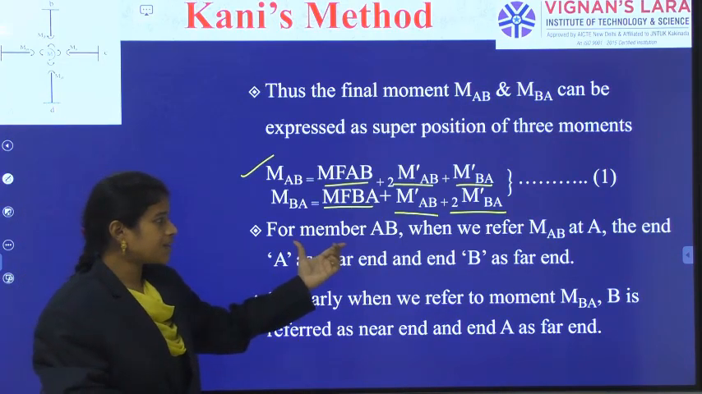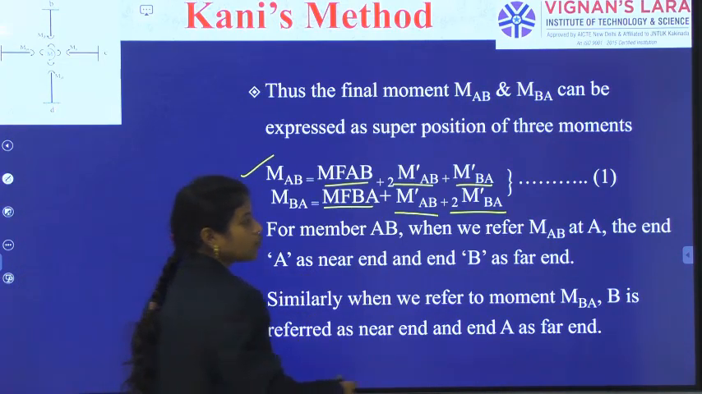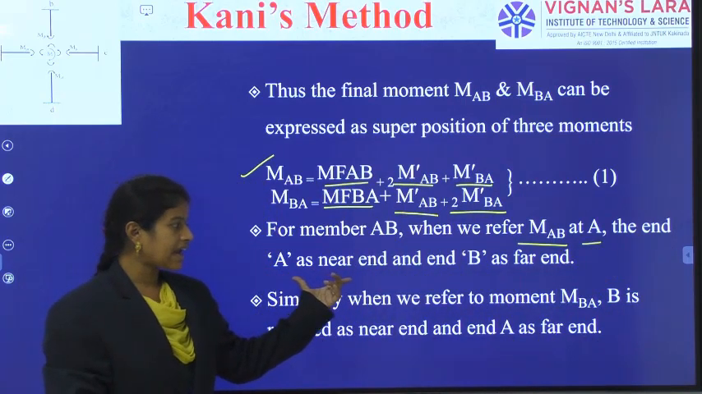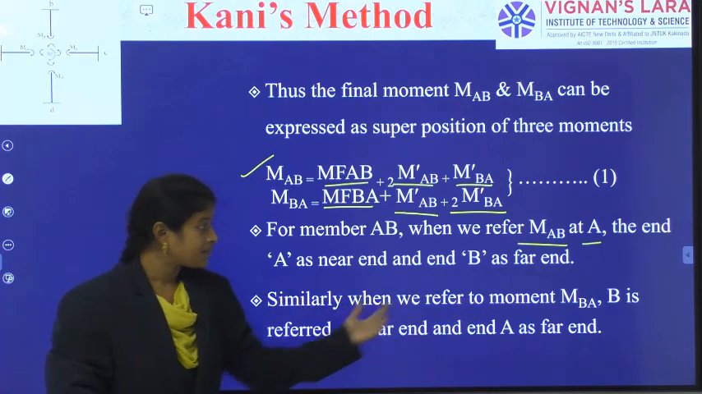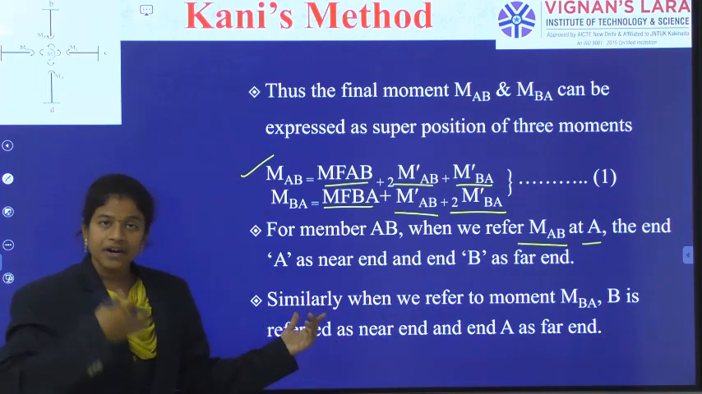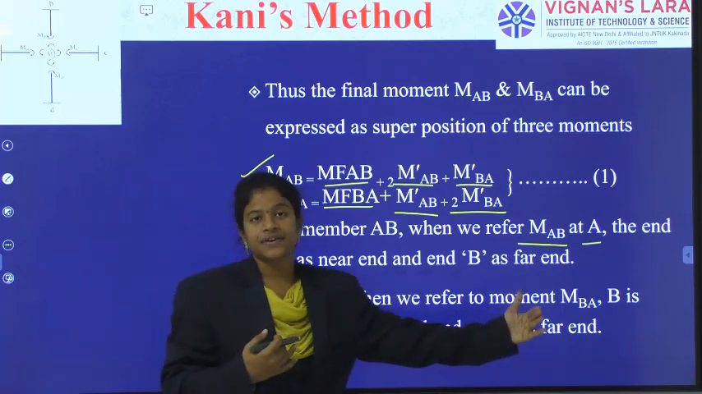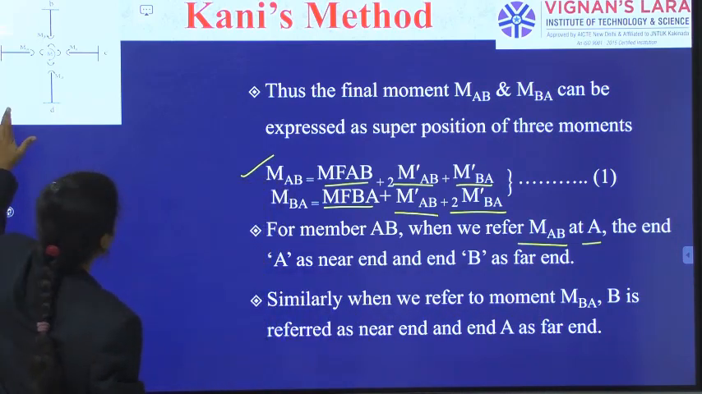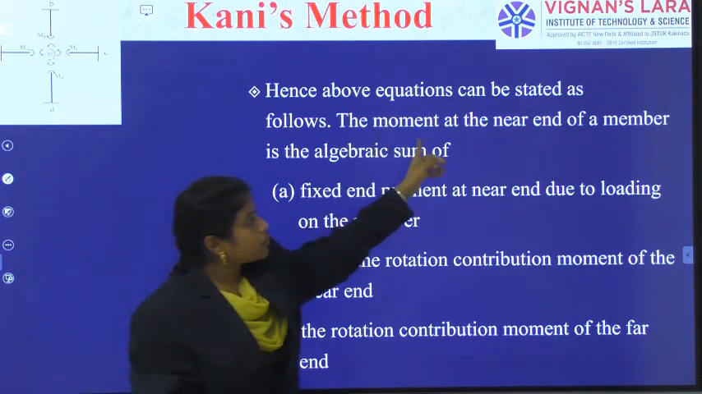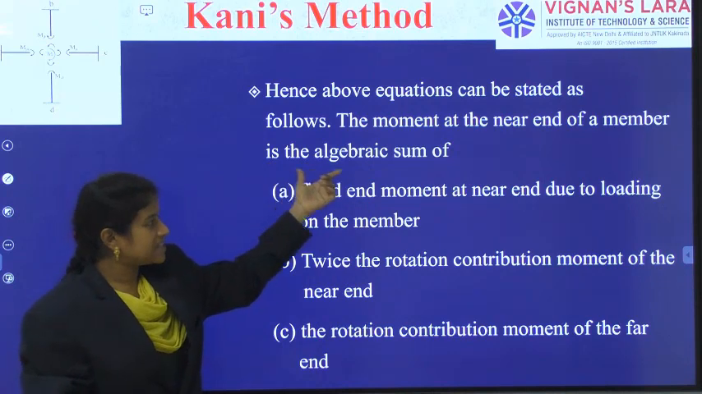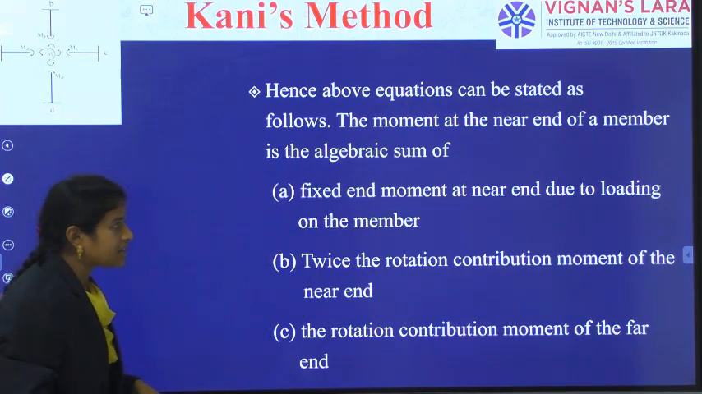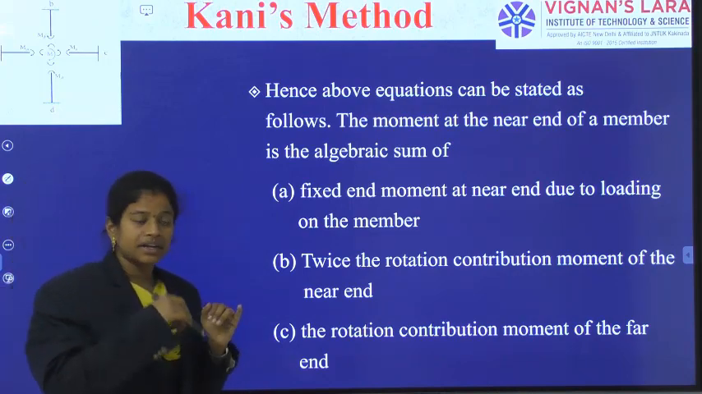Now, for the member AB, we refer to MAB as the moment at A. The nearer end is A and the farther end is B. Similarly, when we refer to the moment MBA, B is referred to as the nearer end and A as the farther end. Hence, the above equations can be stated as follows: the moment at the nearer end of the beam is the algebraic sum of the fixed end moment at the nearer end,